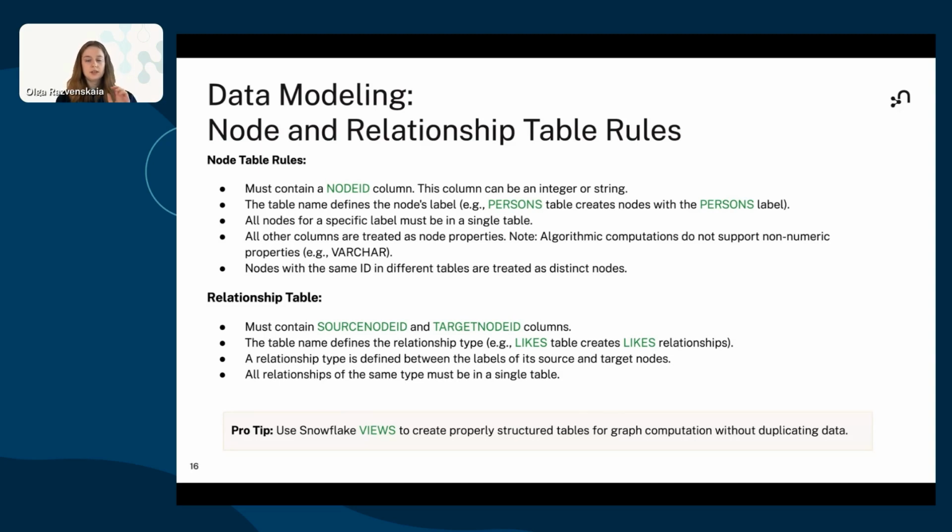For relationship tables, there are some different rules. They must contain a source node ID and a target node ID. This is how we understand which columns should be chosen to get the source and target nodes. And the name of the relationship table defines the relationship type. So if your data doesn't satisfy these requirements, we suggest creating views to avoid data duplication, but make it possible to run the algorithms